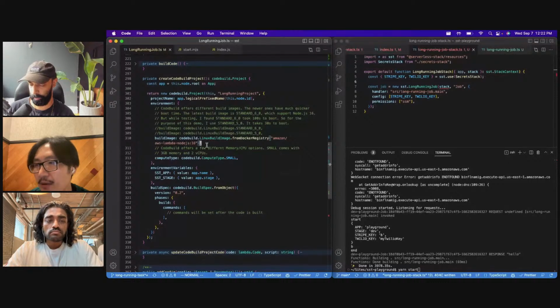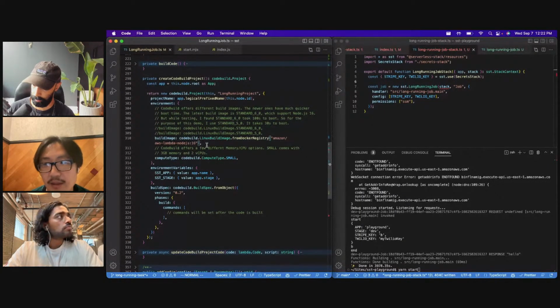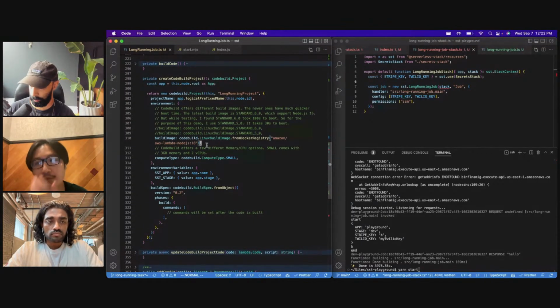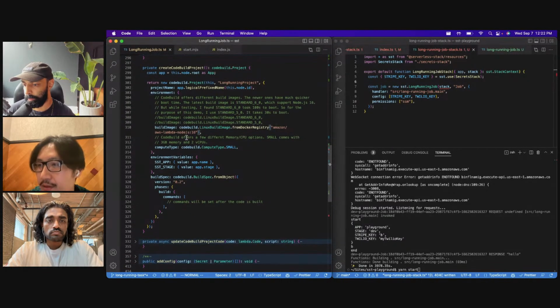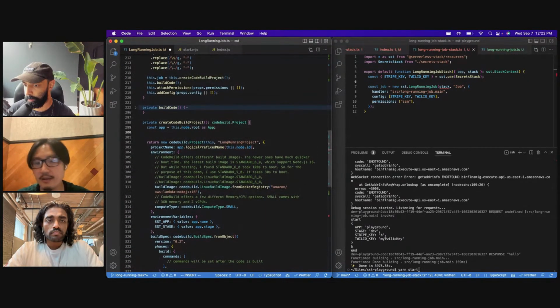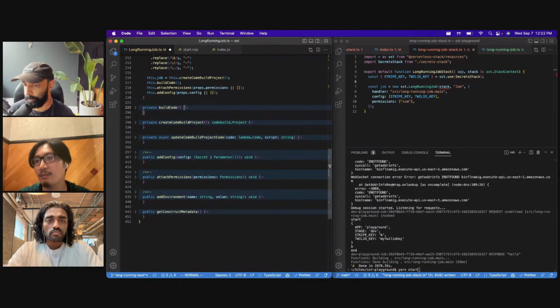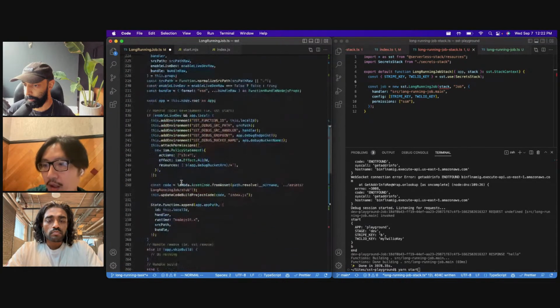This build image is about 140 seconds, so it takes CodeBuild around 30 seconds to fetch this image. So there's a cold start of around 30 seconds to boot up the image. I'm assuming the boot up time would be around the same for Fargate as well, right? They just need to pull this image. Cool, and there's nothing much to this. The next step after we create a CodeBuild project is that we build the code. The code is very similar to how the code is built in